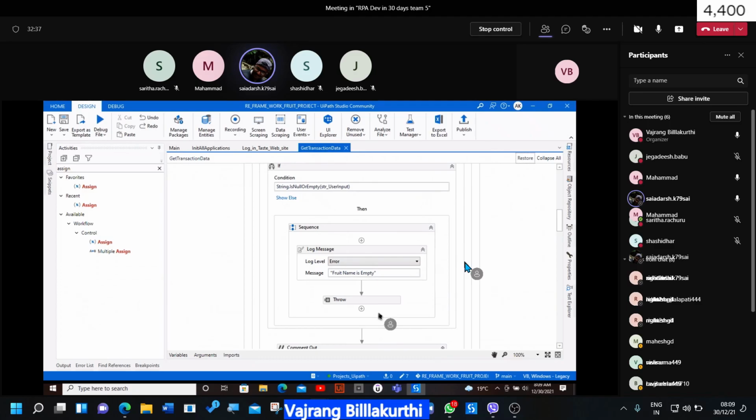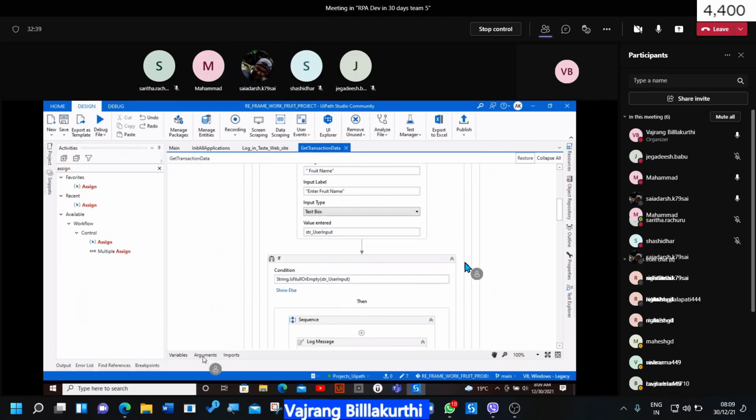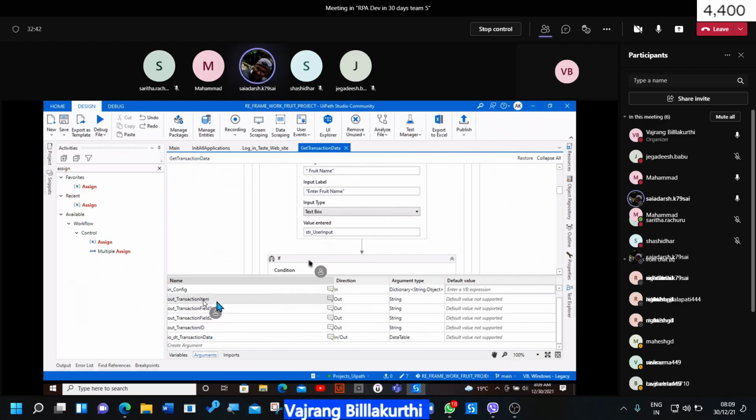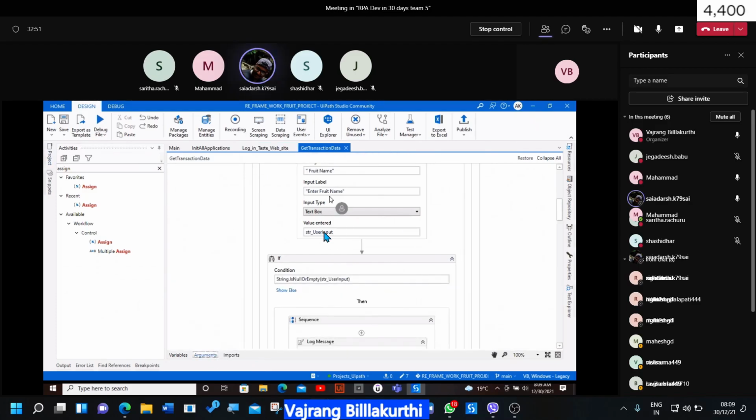Okay. In the arguments section, out transaction item is there, right? Just a second. So out transaction item, where did you assign it here?